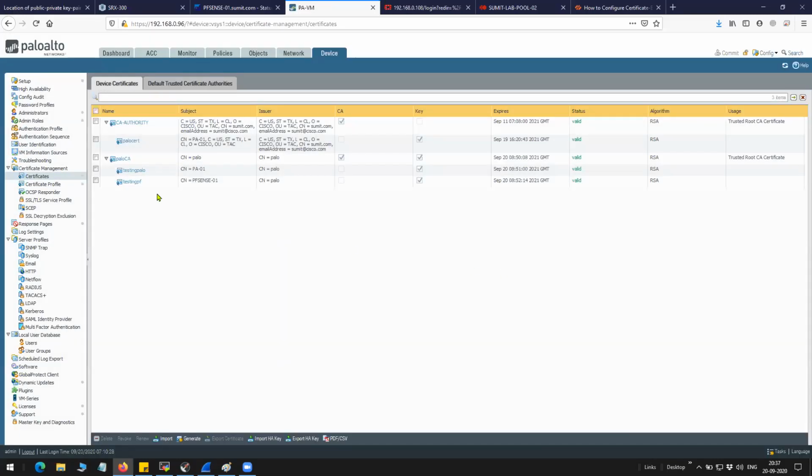Well, I already have imported the certificates, the above two. This is the CA cert. This is the cert that I am going to use on the Palo Alto Firewall for the authentication of the firewall. And this cert is signed by a certificate authority. And the below cert, as you can see,